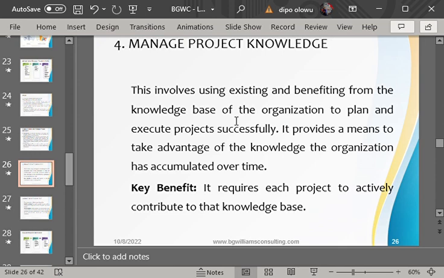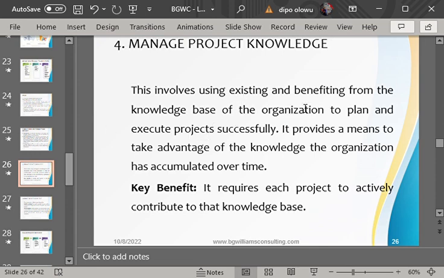and you are cracking your brain putting all the plans together, and somebody calls you and says, you don't need to do that, we did this 3 bungalow construction 3 years ago. The document is with the secretary or with admin. Go and meet admin and collect that document. You can just review it and add to it due to current price, and that's all. What have you done? You are taking advantage of the project knowledge that exists in the organization. So it is either you are taking advantage of the existing knowledge or you are creating new knowledge. That is what? Manage project knowledge.